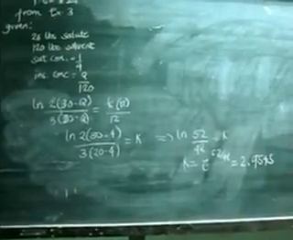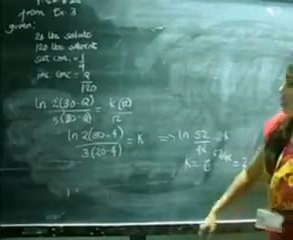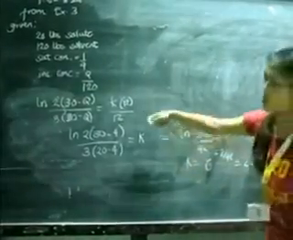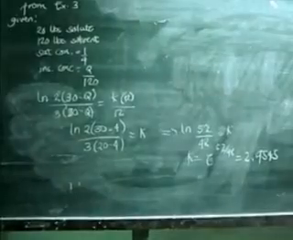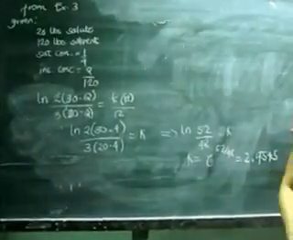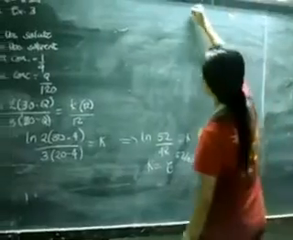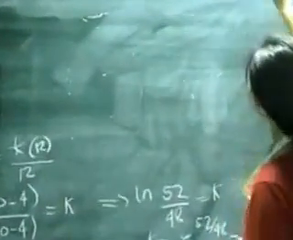Having the value of k which is equal to 2.9545, we can go back to the original equation, which is this one. So, let's solve for Q. ln of 16